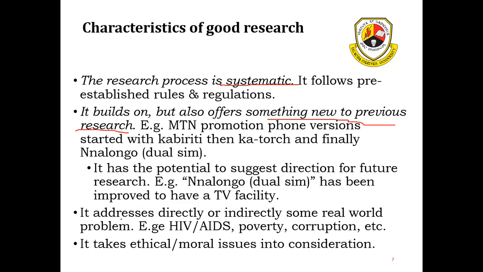Then research also addresses directly or indirectly real-world problems. You saw the example of the article we read. I hope you had time to go further and read on it. It was bringing forward further evidence to anyone who uses smartphones, and also probably to stakeholders like police who handle traffic and so on and so forth.